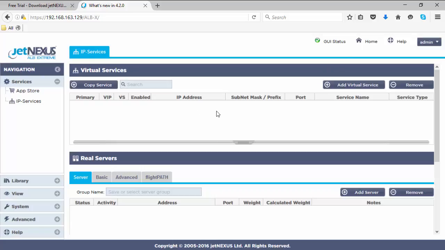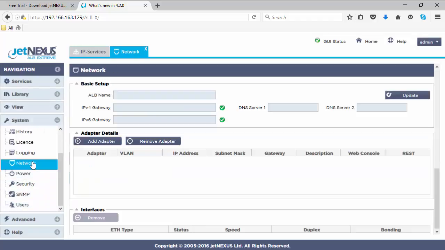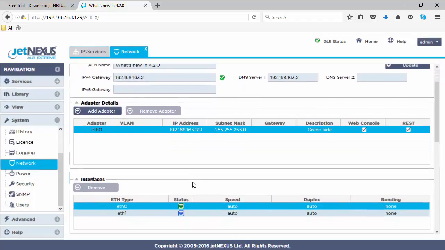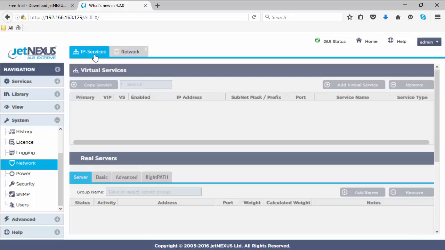So the first thing when we add a service is to know what IP addresses you can put on your box. What virtual IP addresses. So I would look at the network section. Let's look at system and network and have a look at our interfaces. So I have an interface on 192.168.163 and it's in a Class C network. So I can put anything with these first three octets fixed and anything else on there. So I'm going to use 101 for that one. So I'm going to add